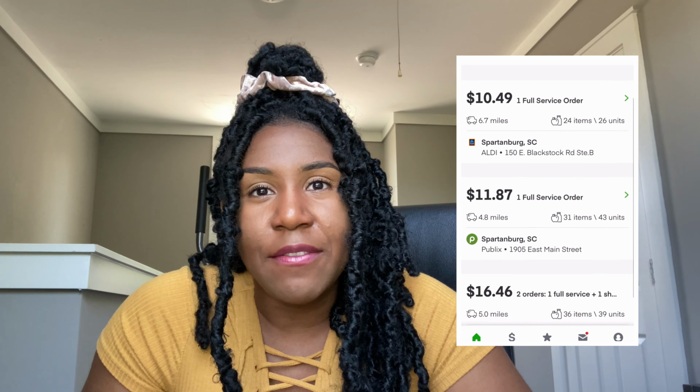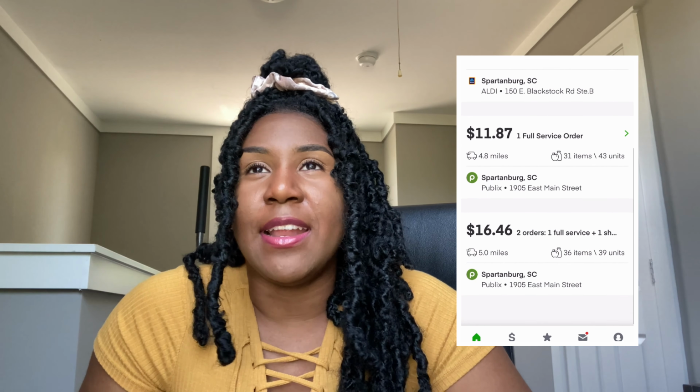So what I always try to look for is the least distance I have to drive for the most money. And I think maybe a lot of people do that, but some people just go right for whatever is gonna give them the most money. I don't necessarily do that, but if it's a slow day, then I'll just do whatever's there